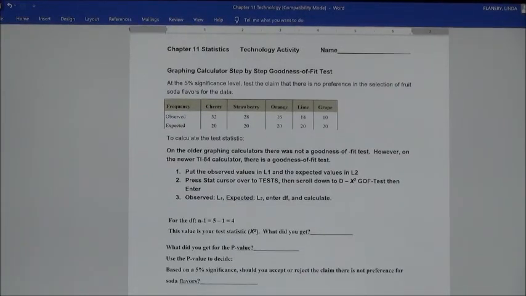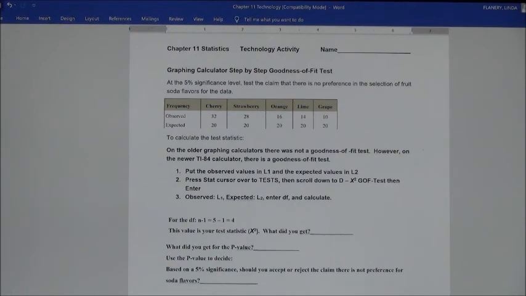All right, in Chapter 11, we only have a few kinds of problems to do on Alex. The first one is just some basic calculations. You won't really have to do anything with your graphing calculator. But once you get to the second two, we're going to have some hypothesis testing that you can use your graphing calculator for. Interestingly, the older graphing calculators, the TI-83s, didn't have this test, but the new ones that we have do have the test,